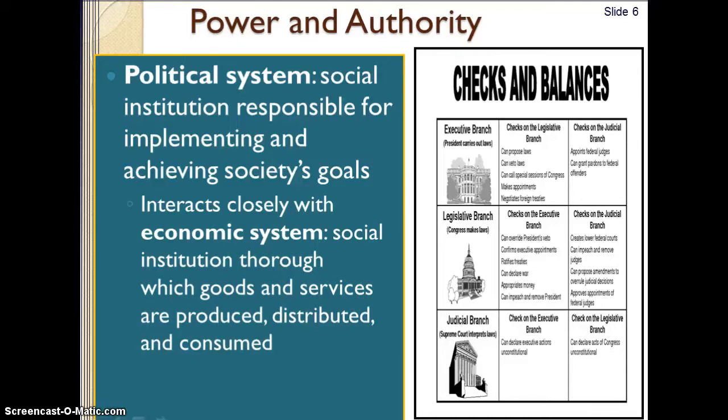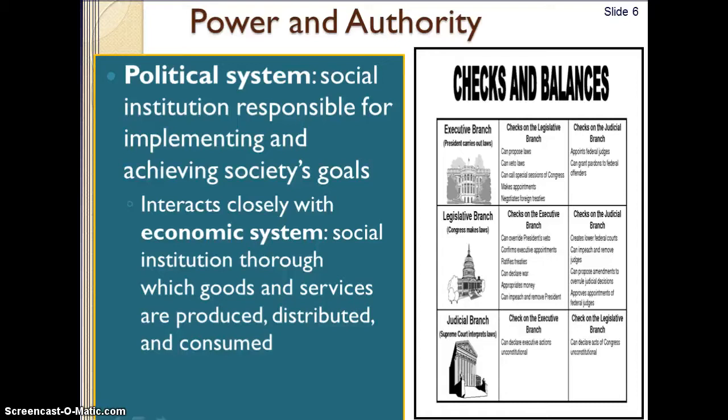In the U.S., if you look on the right-hand side, we are a democracy, which we'll define a little bit later. We practice a checks and balances system so that no particular branch of our political system has all the power or too much power. It's broken into 3 branches: the executive branch, the legislative branch, and the judicial branch. And you can look and see on this chart a little bit of their particular responsibilities.